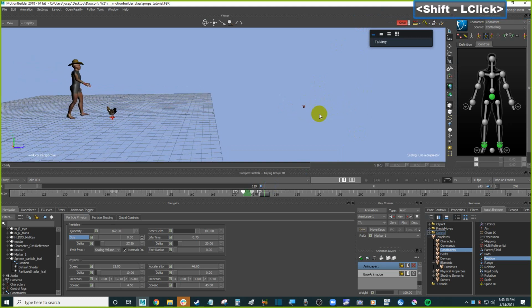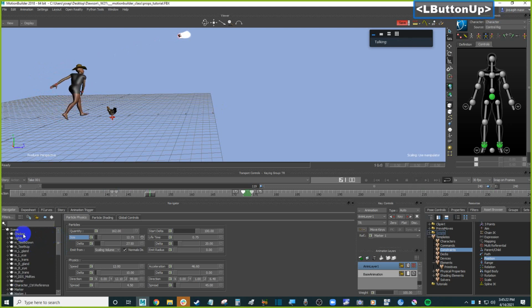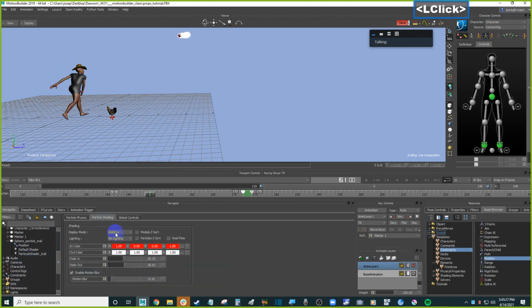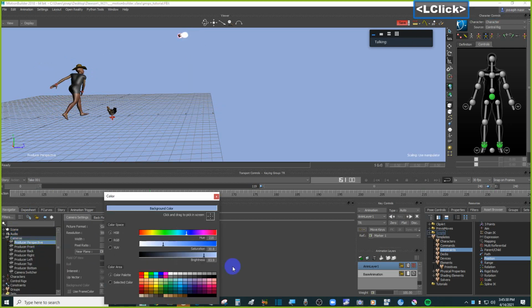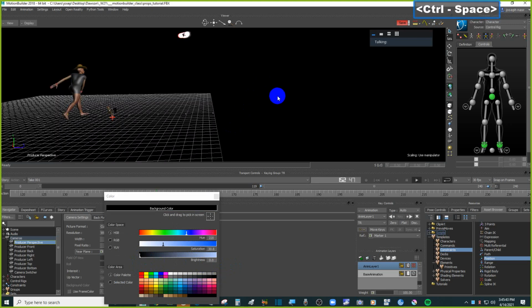Okay. I think I know the reason it blends with the background. Let me change my background back to black to see the additive display mode. It blends with my blue background, and that's why it's showing so bright. Just want to test something real quick. If I change this back to black, it doesn't change much. It pops a little bit more, but